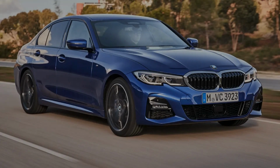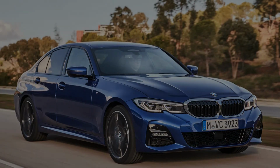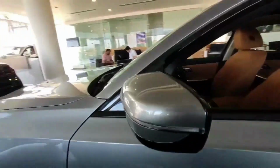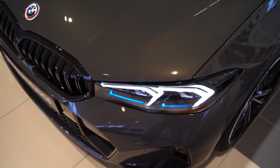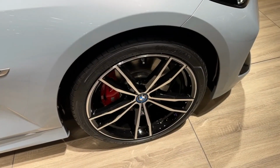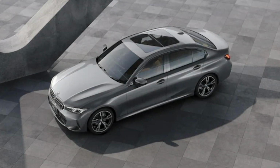The entry-level 330i and plug-in hybrid 330e offer impressive performance with above-average fuel economy, while the turbocharged inline-6 in the top-dog M340i packs 382 of the biggest, strongest horses this side of the Bavarian Alps. The 3 Series doesn't have the style of the Alfa Romeo Giulia or the value-packed features list of the Genesis G70, but it's so well-rounded, athletic and engaging to drive that it stands at the very top of our segment